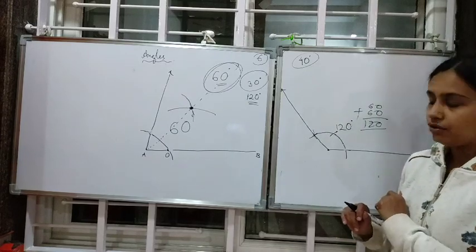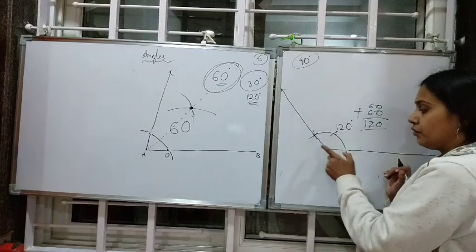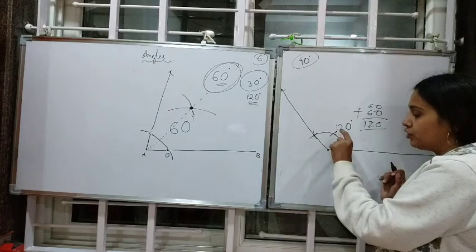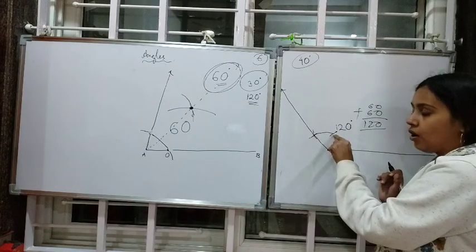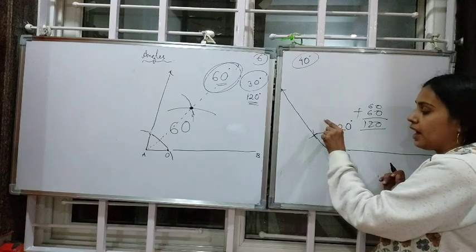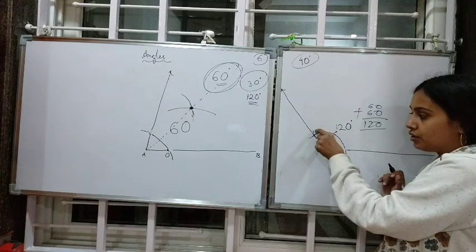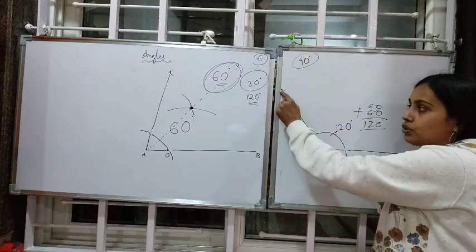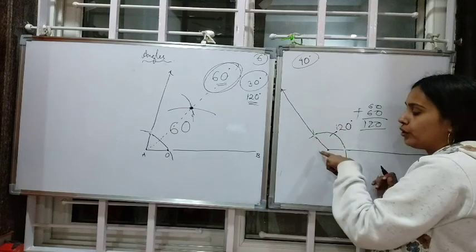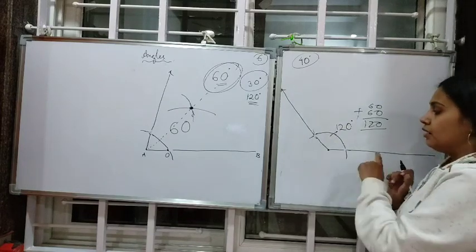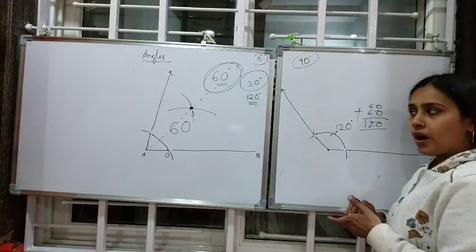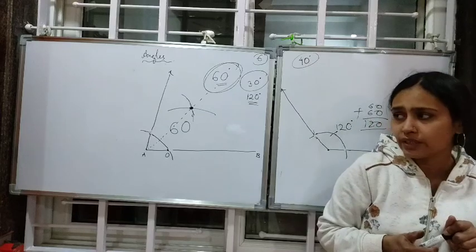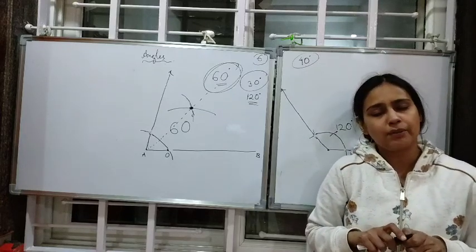Okay. What did we do? We drew the arc with the same radius. We drew the second arc on the first arc. Then from the second arc, same radius, we drew the third arc on the first arc. Okay, and then we joined the two points of intersection and produced the ray, which gave us the angle of 120 degree. Okay, so children, this is all about your practical geometry. Very simple, small applications are there.